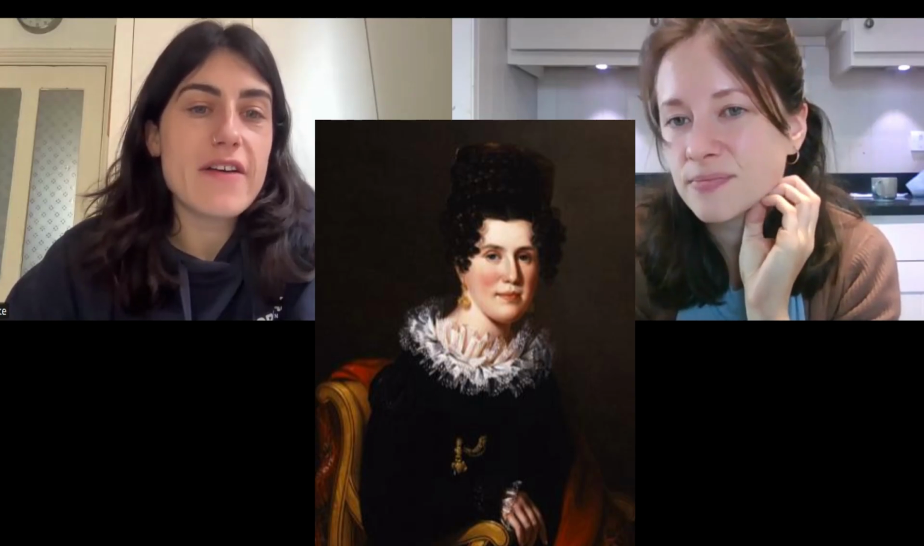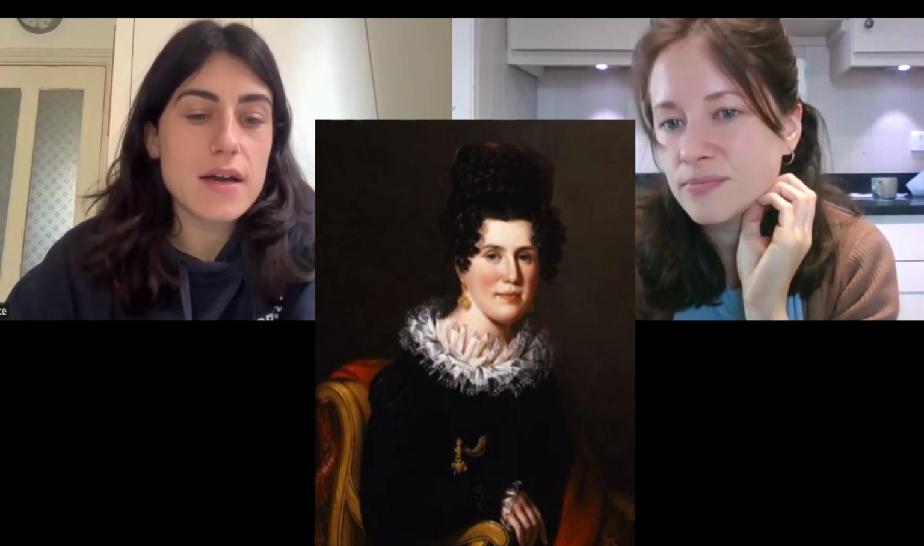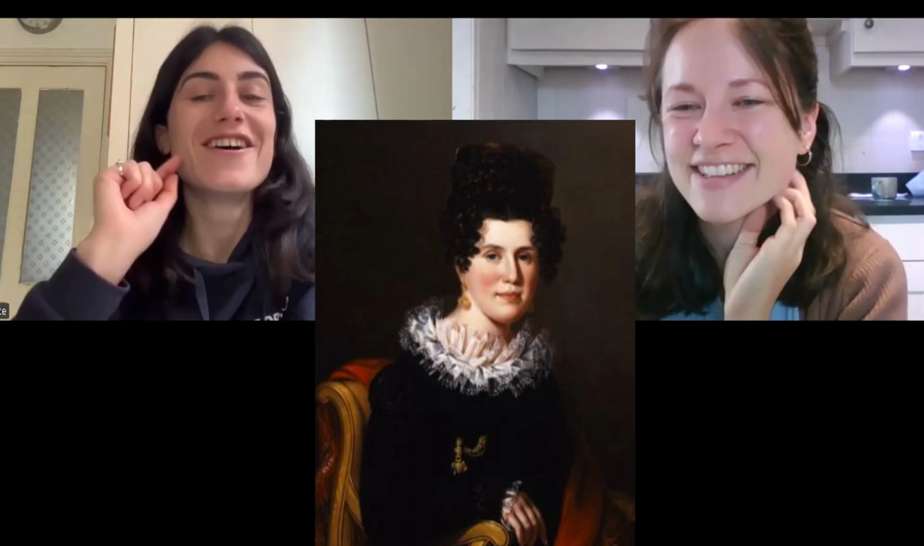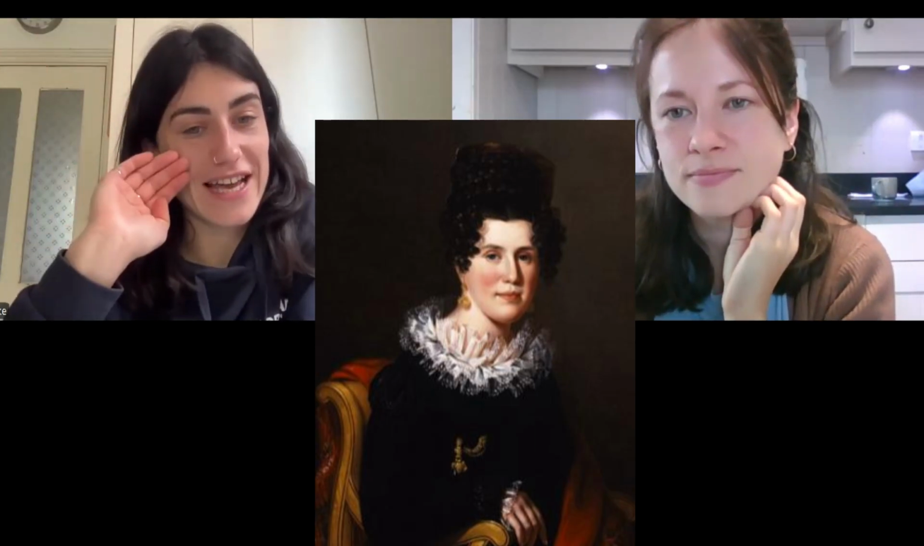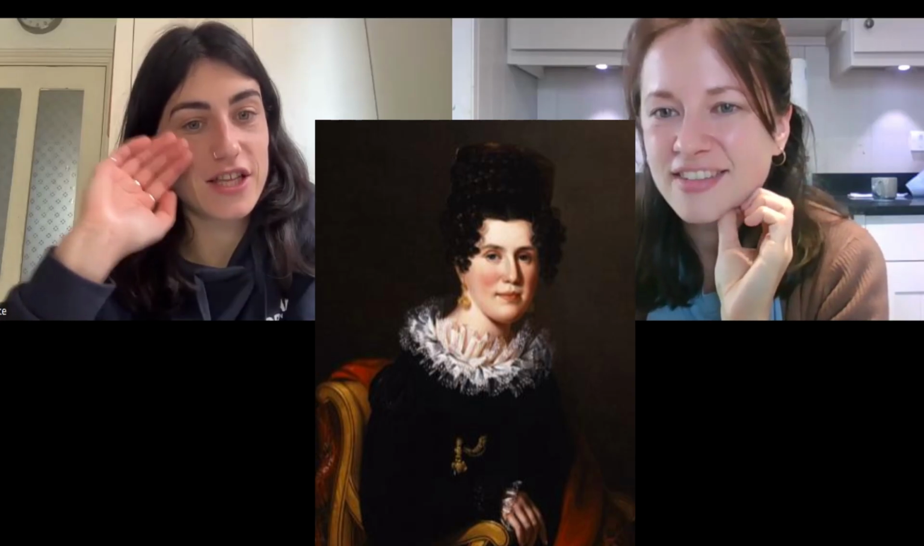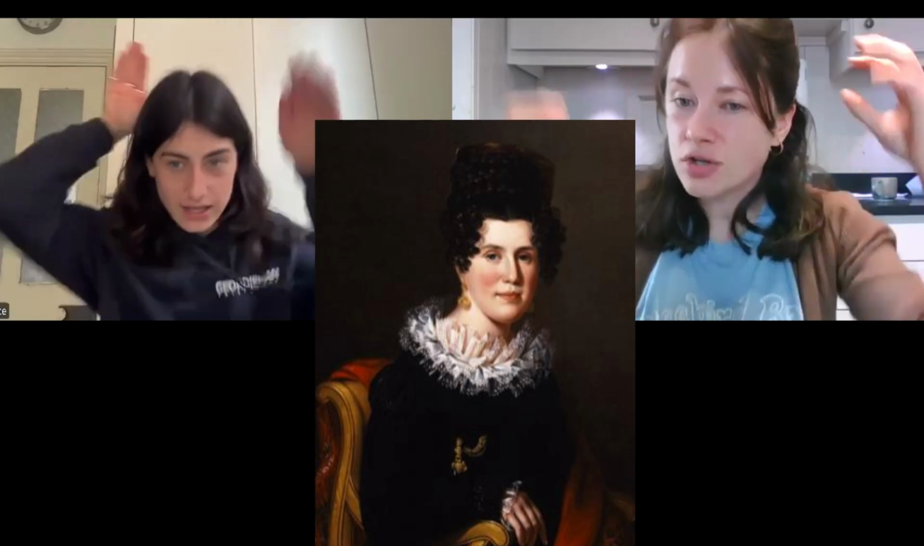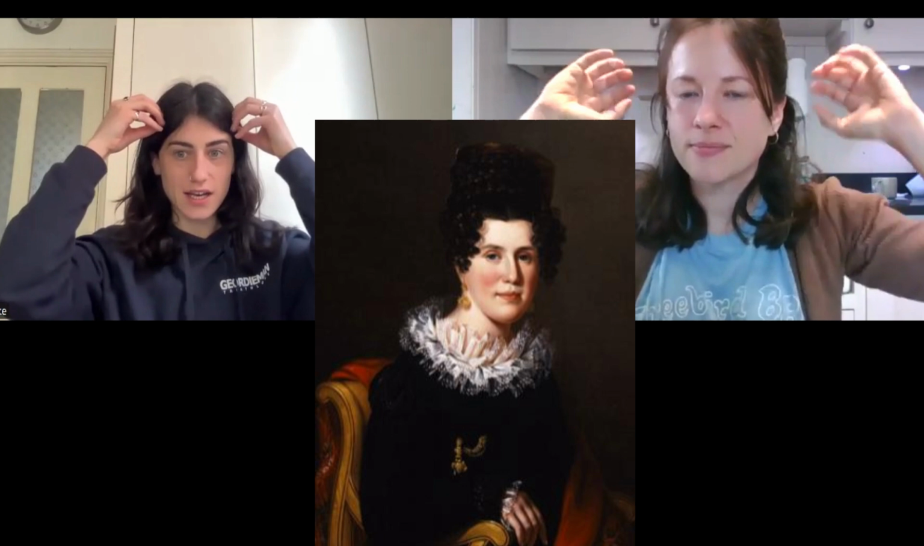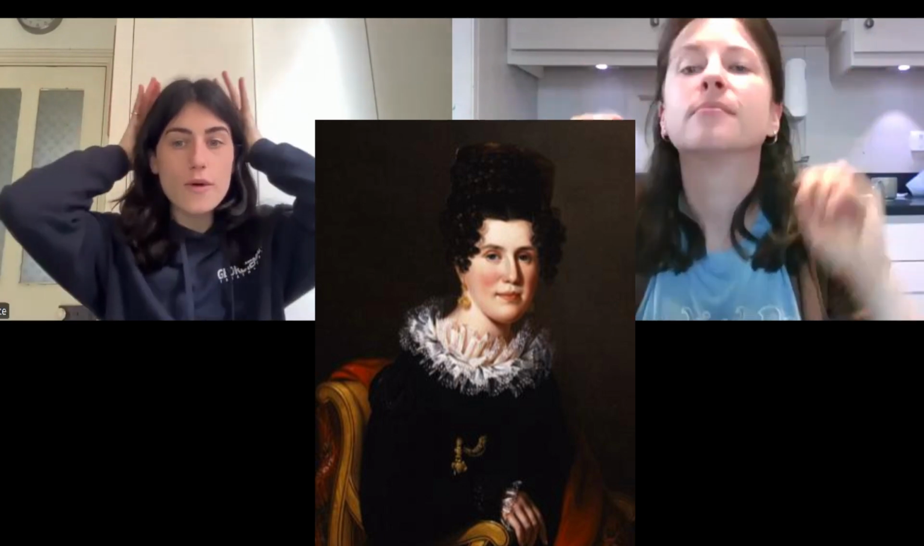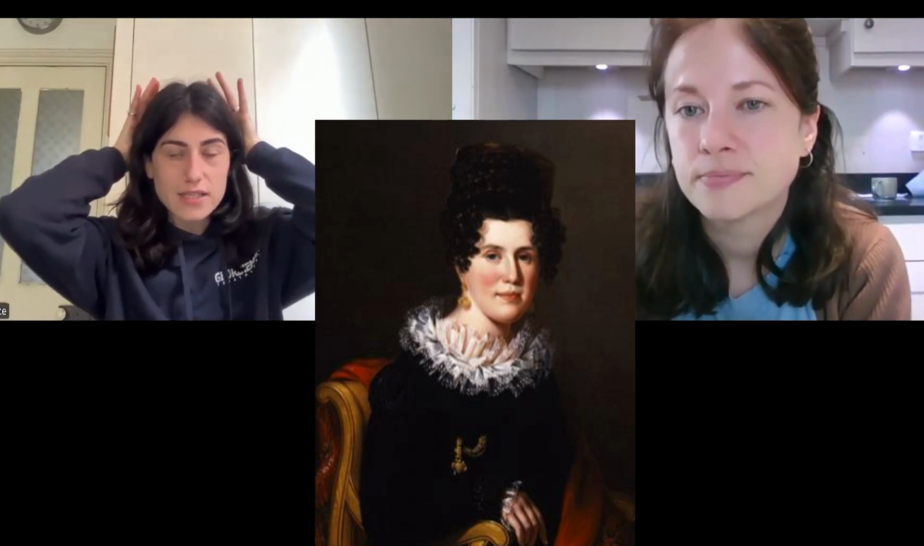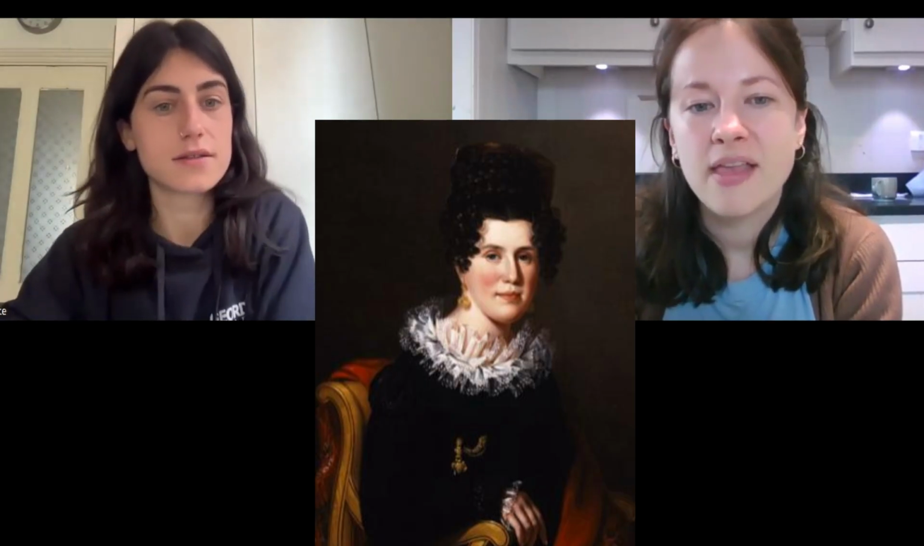It's quite a big structure behind her head. Is that her hair? The tortoiseshell? No, it's the combs here, holding the hair in place, behind her head. And it's thought that